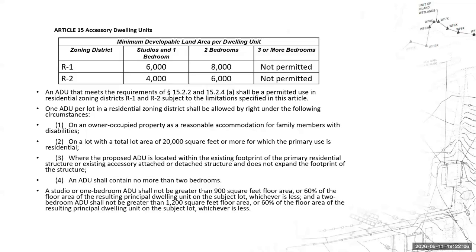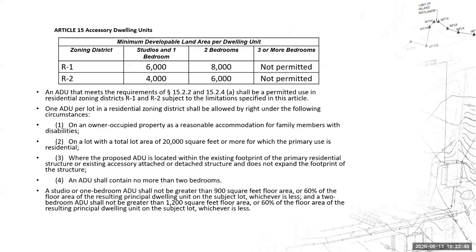So let's say that this is the example text. You have your developable land area table up there, the R1 and R2 zones. You have outlined all of the policies that would affect an ADU, the owner having to be an occupant of the property as a reasonable accommodation for family members, lot area requirements, any zoning requirements that would normally be incorporated. So we'll review these, and in this case, we might notice that part of the R1 and R2 zones are located within a flood hazard area. So allowing an accessory development unit on these sites may increase residential density.